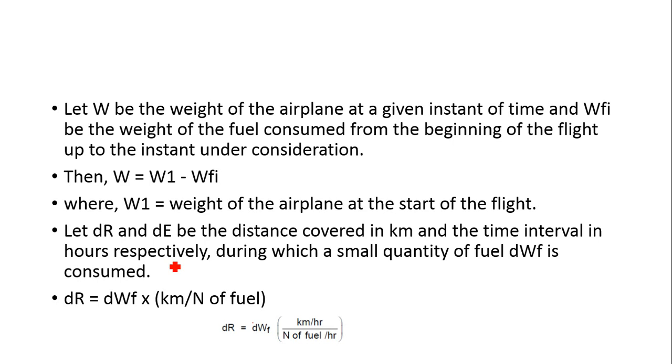When we are deriving some equations, we won't take the whole area at once. We will take a whole area, but in that whole area we will take a small part, find the value for the small part, and after integrating we will get the entire thing. So first of all, I am just taking the small thing. The range of the small area, the distance, will be dr, and the weight of fuel consumption for that will be, we know,